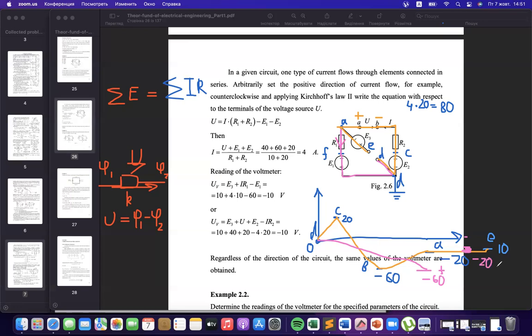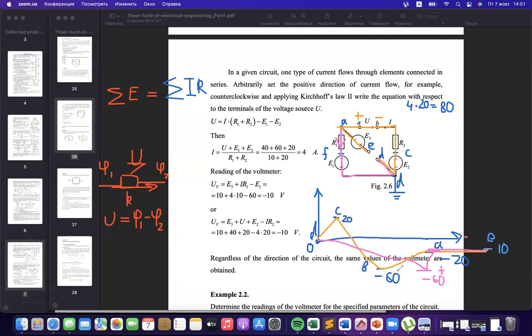Point minus 20 is point A, the same point A. We'll move here, and then the same source